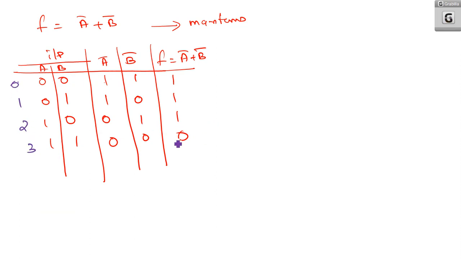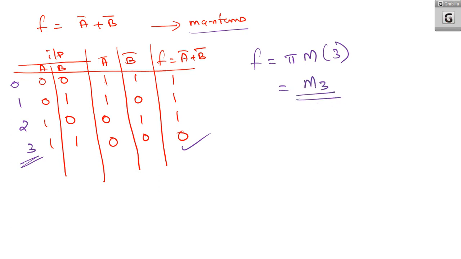and 3. So what is the specialty of max term? In the case of max terms, you should take the terms which have the value 0. That is only with the corresponding decimal 3. So we can write f is equal to pi M of 3 only. So you can write it as capital M3. That is the only corresponding max term. So that max term you can write as M3 is equal to A bar, write it as A bar or B bar. Now let me explain it with the help of this K-map. First I will take the K-map here.